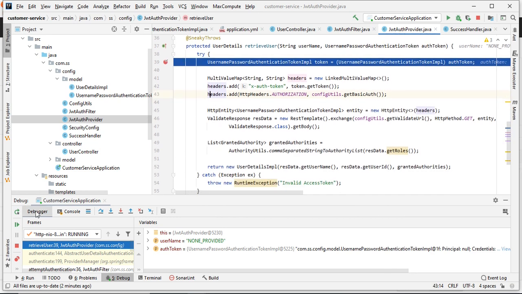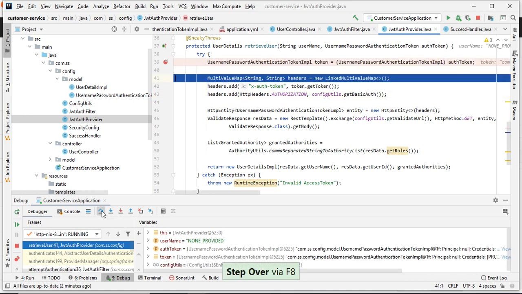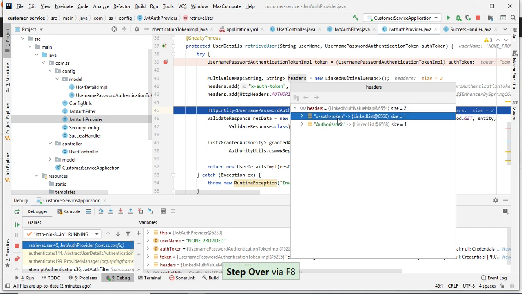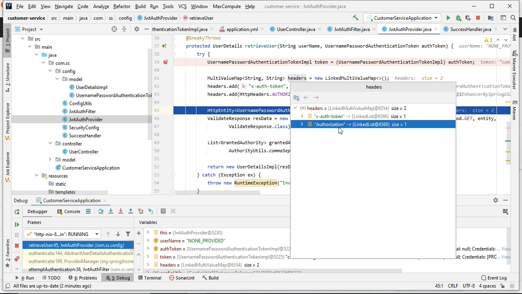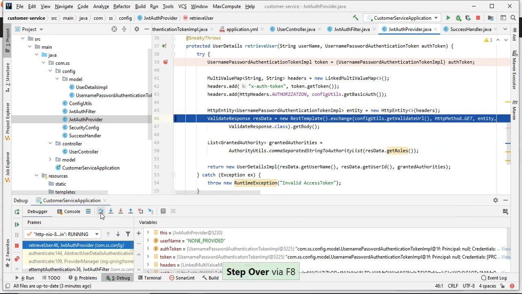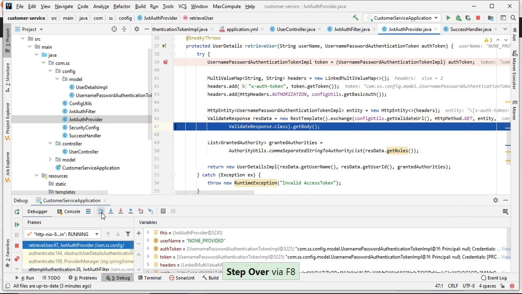So you have created the header with two values, x-authentication-token and auth token with a base64 value. Okay, so let's go next.